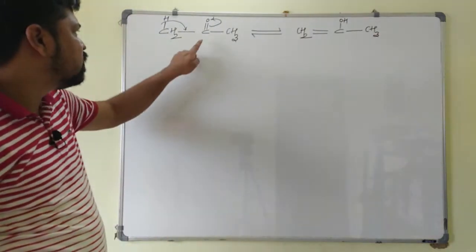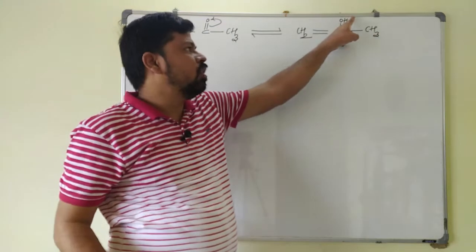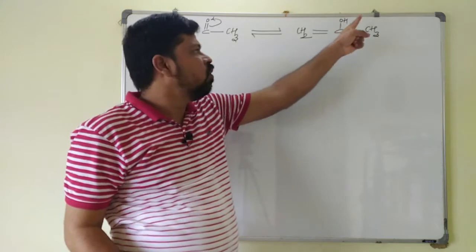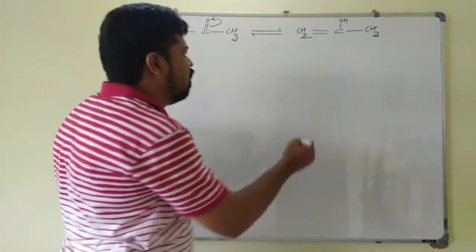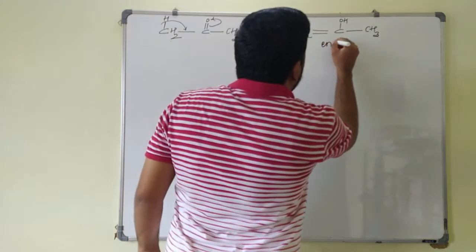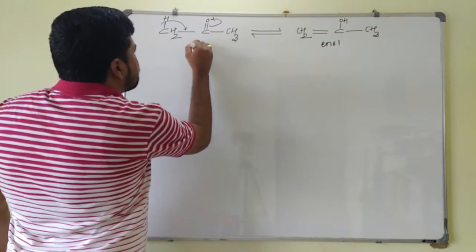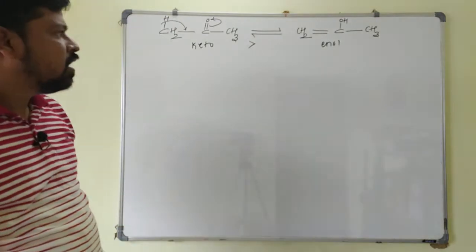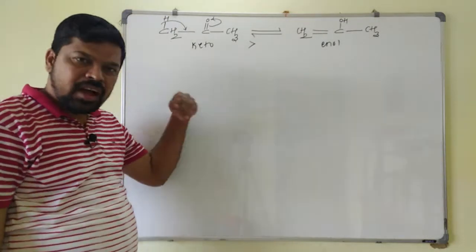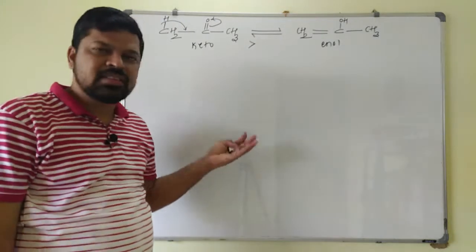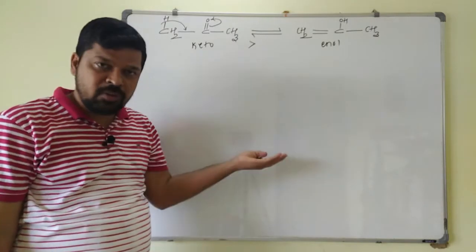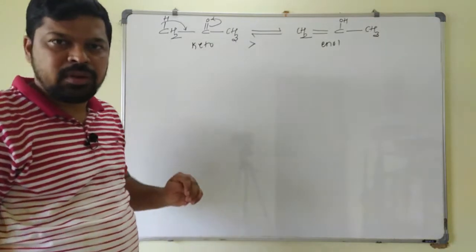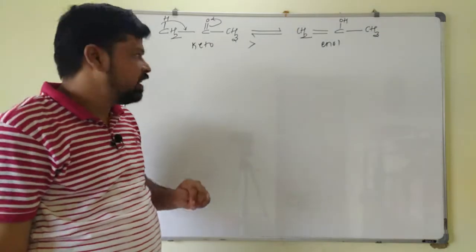Now in this case you see here, this will be keto form and this will be what? Enol form. Double bond in, OH is what? Alcohol. So this will be your enol form, and this is what? Keto form. Always keto will be more stable than enol here. So again we will discuss, in some cases enol form will be more stable than keto form. So based on that also questions will be asked here. We will see that one in the next example.